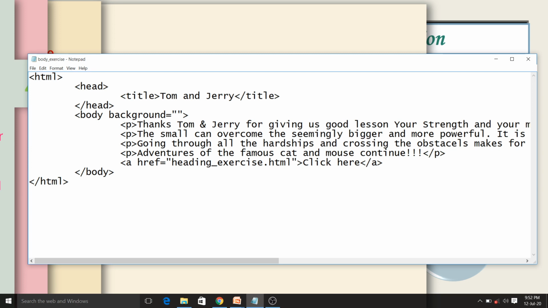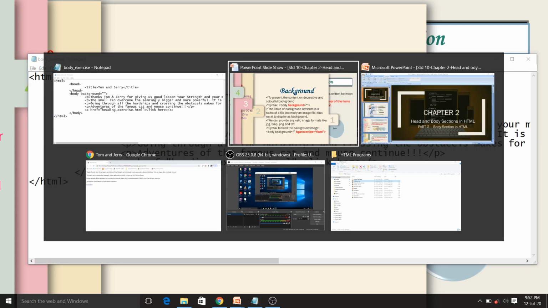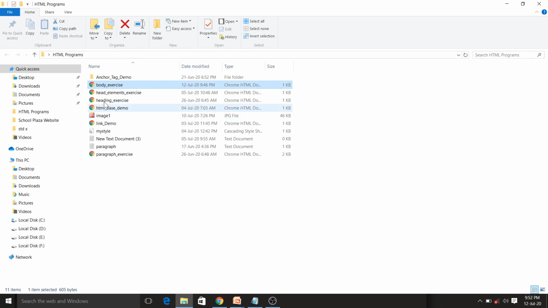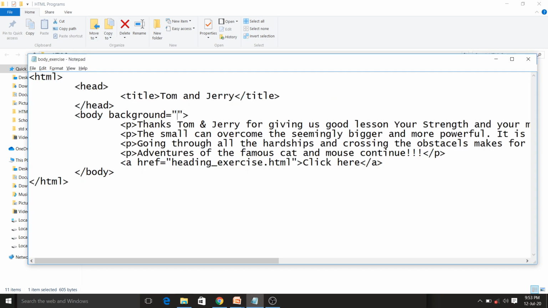Here I am using relative address as my image file and this HTML file both are in same folder or same directory. You can see here this is my HTML file and this is my image file. So directly I will write this name, image1, and then you have to put dot, and then you have to add extension.